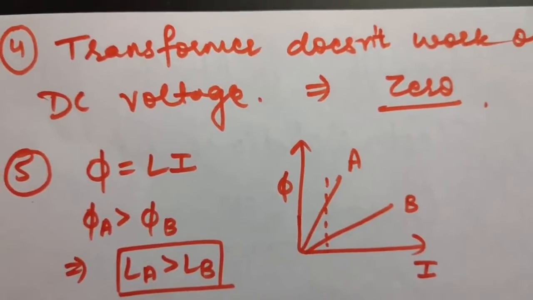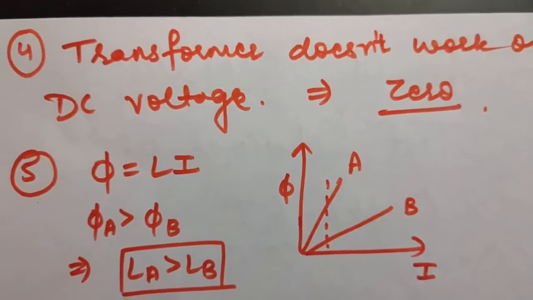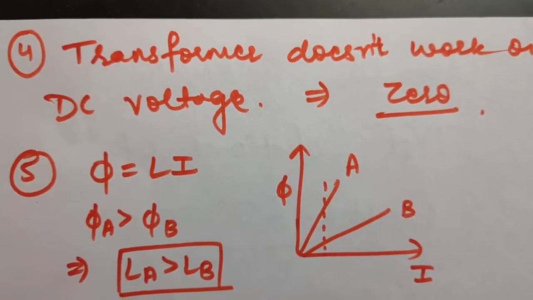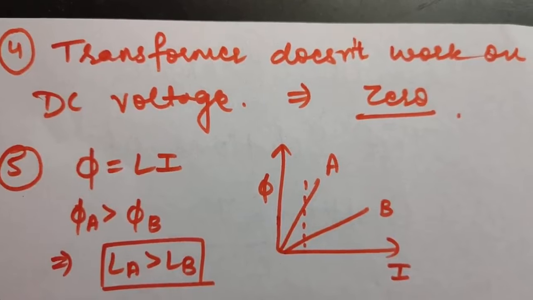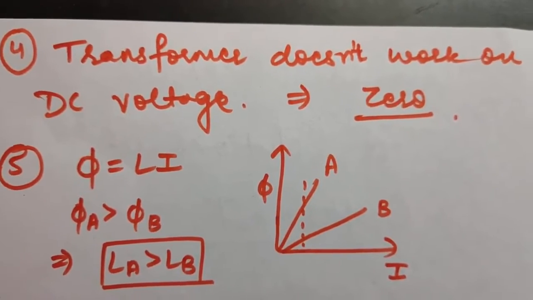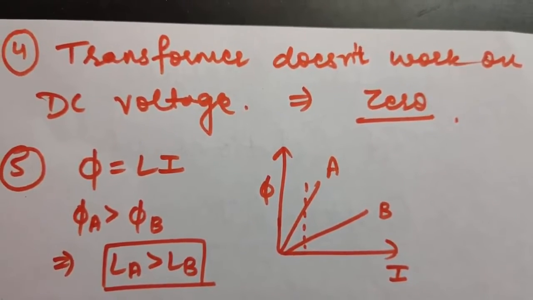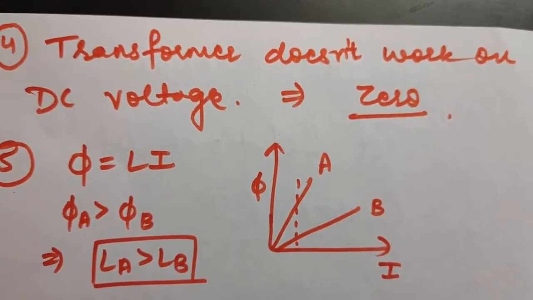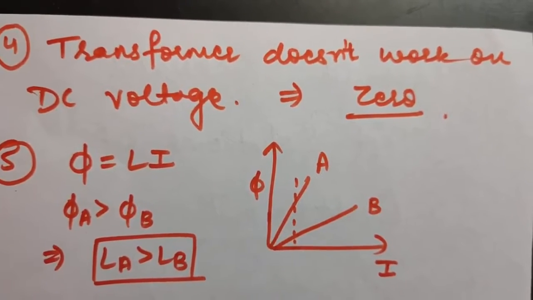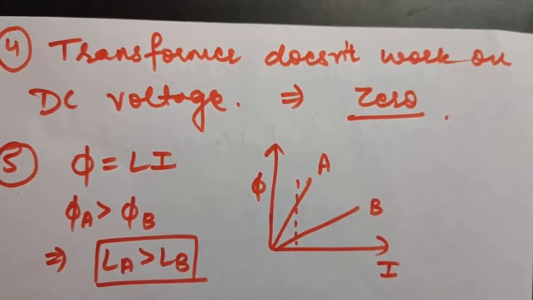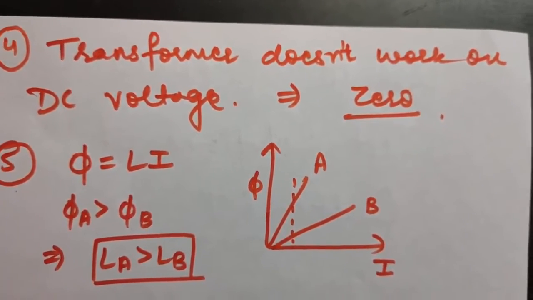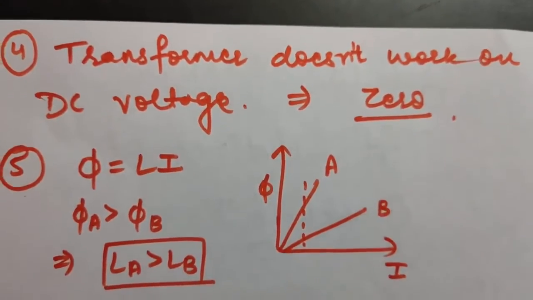In fourth question, it is given that primary to secondary ratio is 3:2. A 5-volt battery is connected to primary, then what will be the voltage across secondary? Now, as you know, the transformer only works on an AC source. 5 volt is applied, that means we are applying a DC source. Therefore, the transformer will not work and therefore the voltage across secondary coil will be 0 volt.